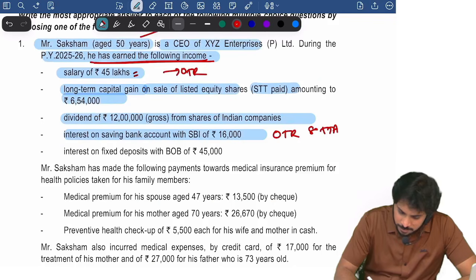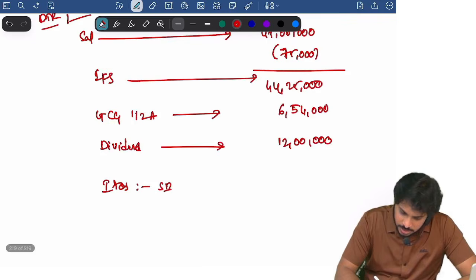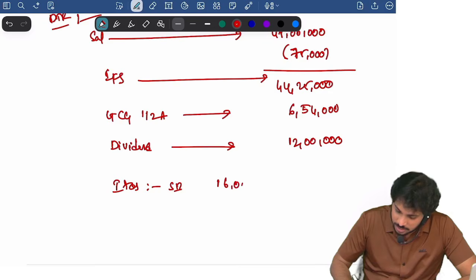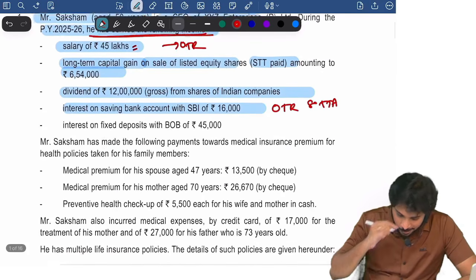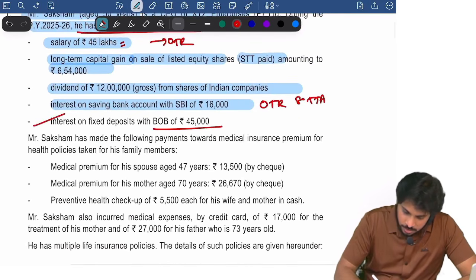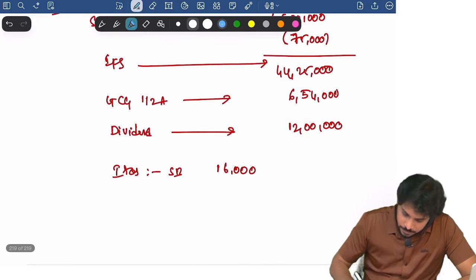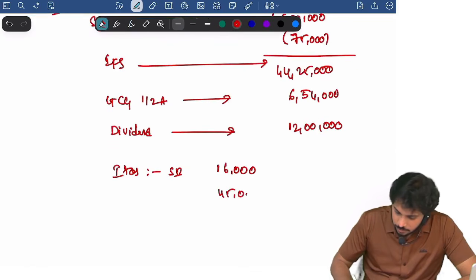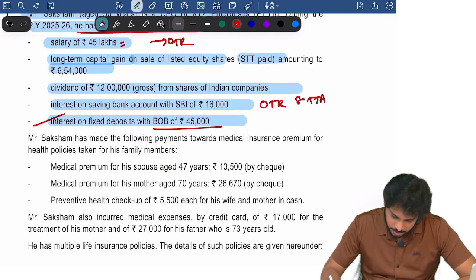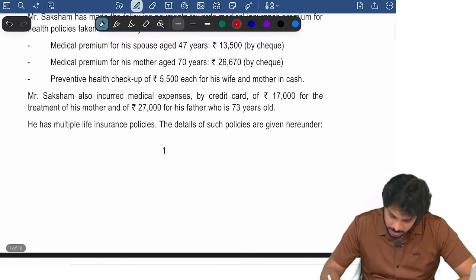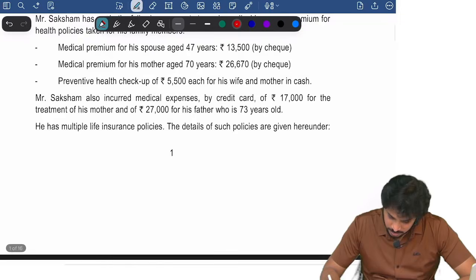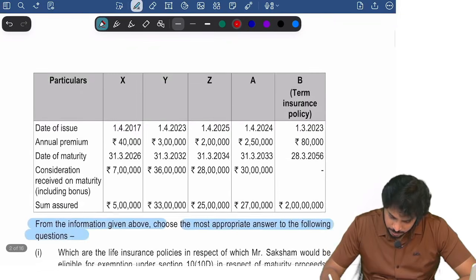SB interest. How much, ma? How much is that? 16,000. Actually, the question is a bit challenging. It's not easy. Okay, interest on FD. Yeah, 45,000. No problem. How much is the interest on FD? 45,000. Then Saksham has made the following payments: medical expenses, treatment of his mother, ATD, multiple insurance policies, and other